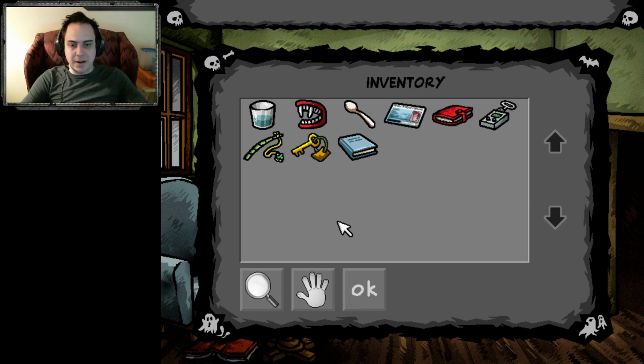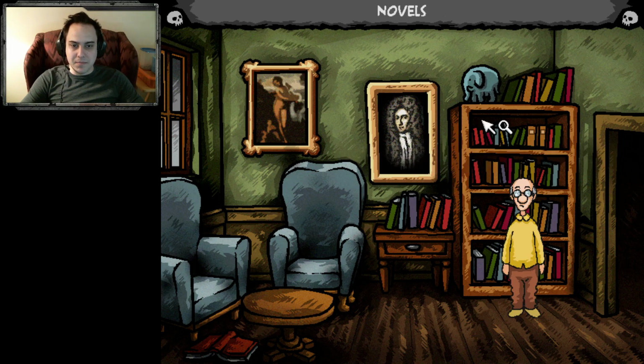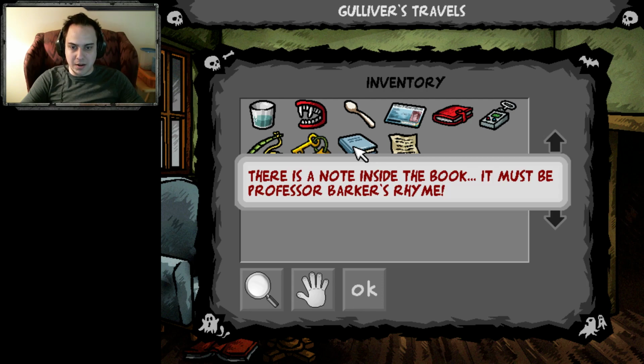I think that would have been done much better if I had gone like this. Look at this shelf, and he says, novels, let's see if we can find something interesting, blah, blah, blah. And maybe if instead of having a remark, he had said, maybe in among the authors, just to make it a little hidden but not totally obvious, there's books by Edgar Allan Poe, H.P. Lovecraft, stuff like that, and then have the author of Gulliver's Travels or something. I mean, not that I even thought of looking at that, but or maybe, I don't know, it's just making it this one tiny little part of the screen. I guess it does say it's novels, but...